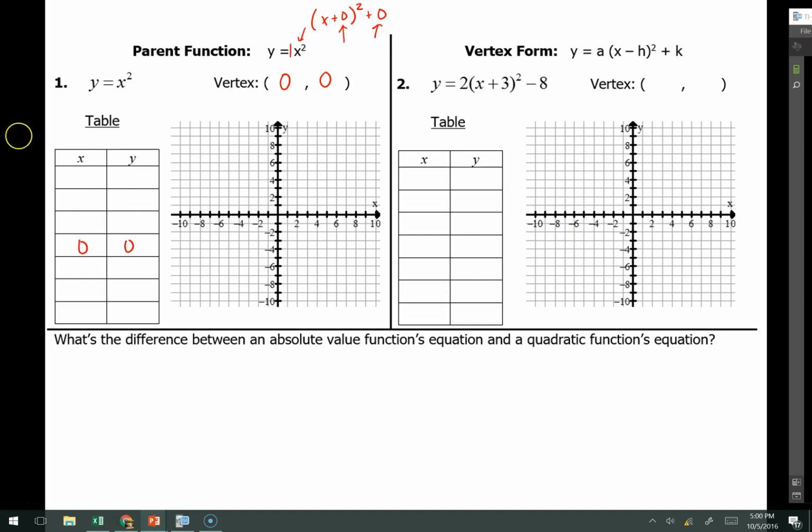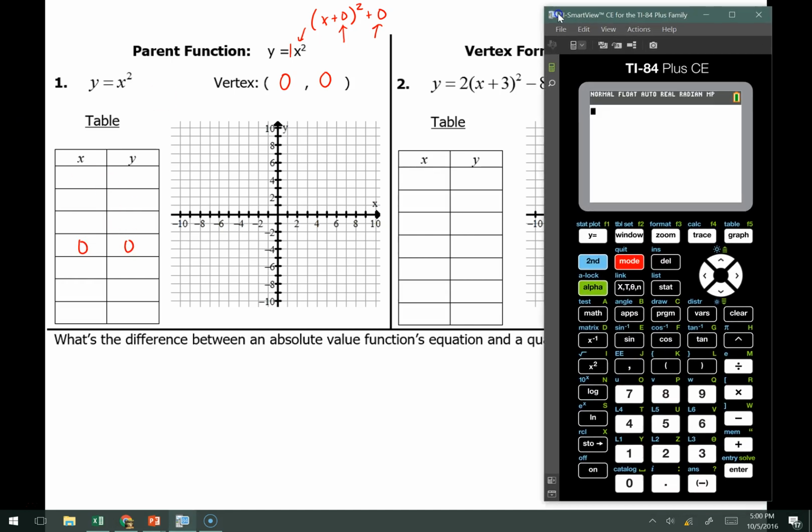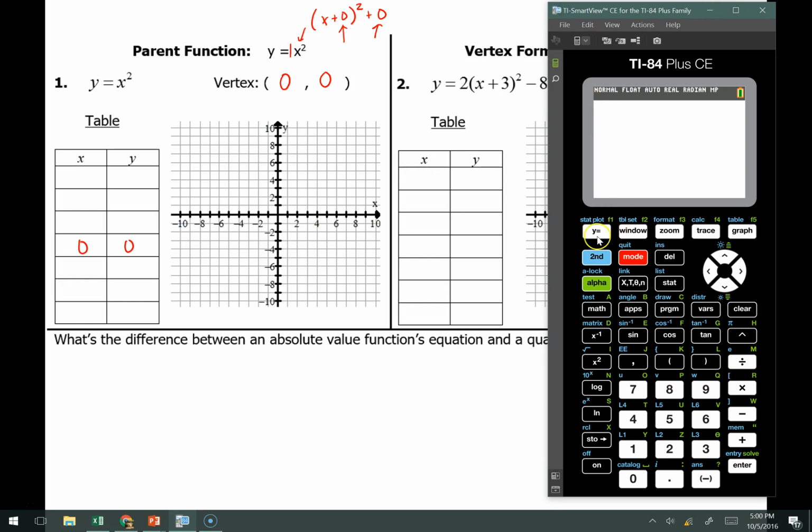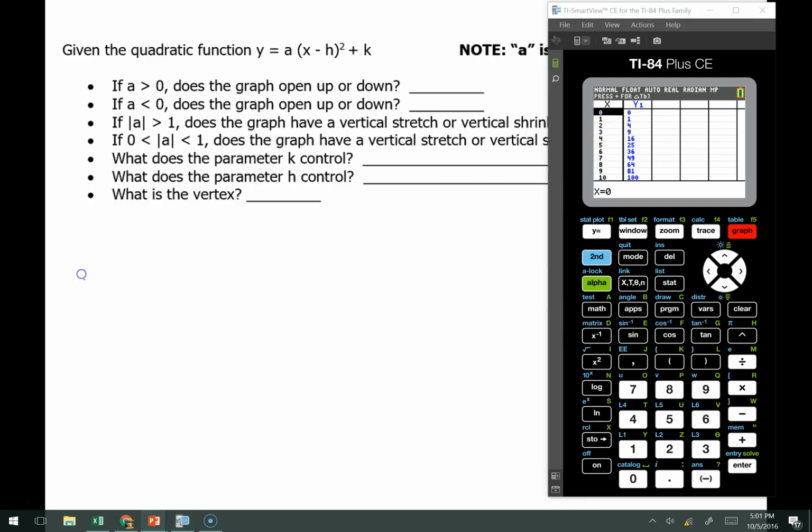Now, because this is the first time we've looked at this, I'm also going to pull my calculator over here so that we can look at the table and see what's happening. So in my y equals, I'm going to put in x squared, and then instead of just clicking graph, I'm actually going to go to second graph so I can look at the table and get some values. You can see on my paper here, or in my calculator here, it started at 0, 0. If I pick some x values that are larger, like 1, 2, and 3,